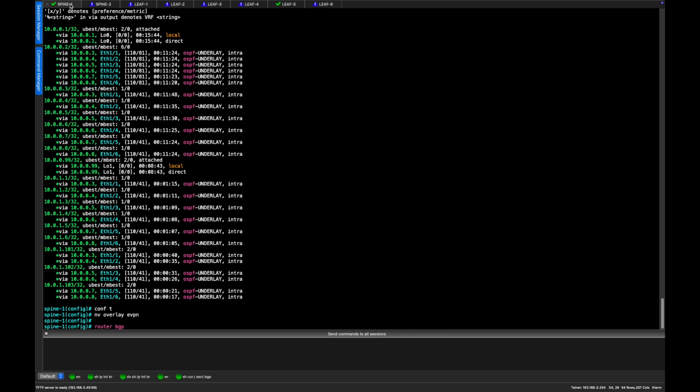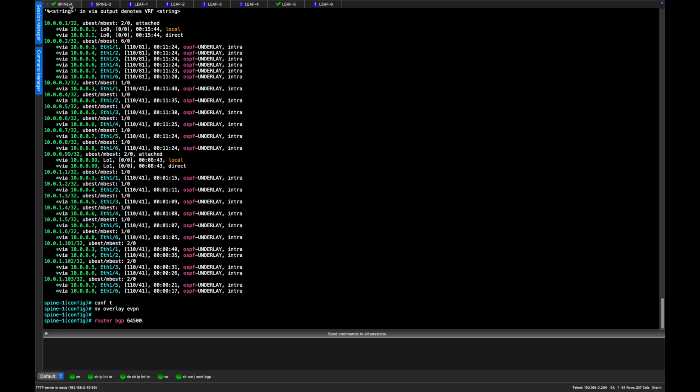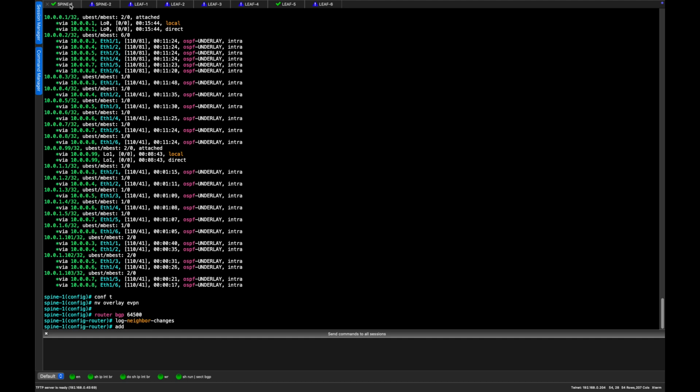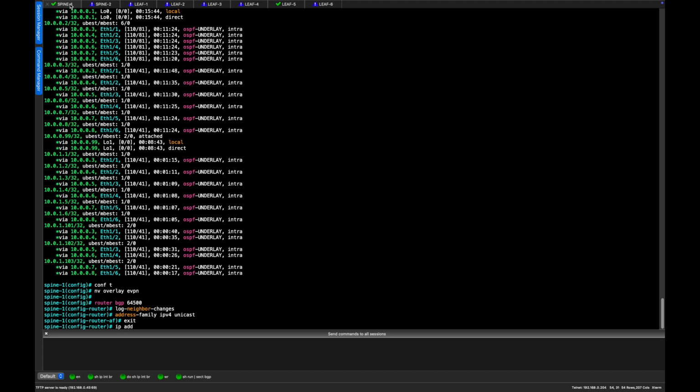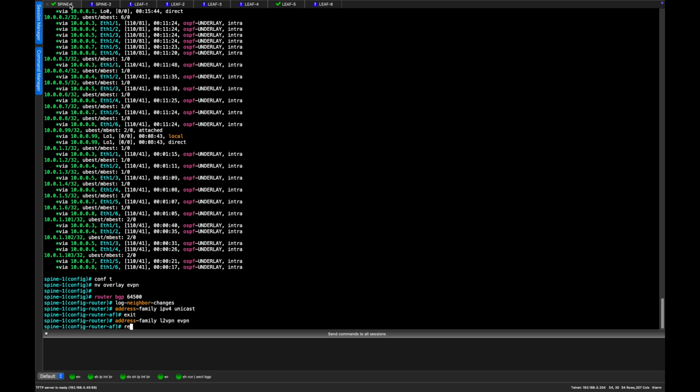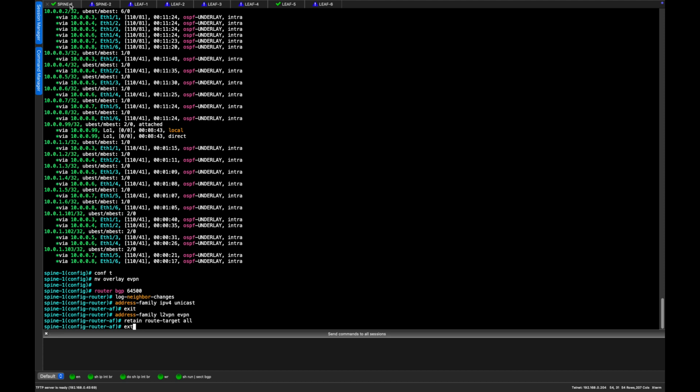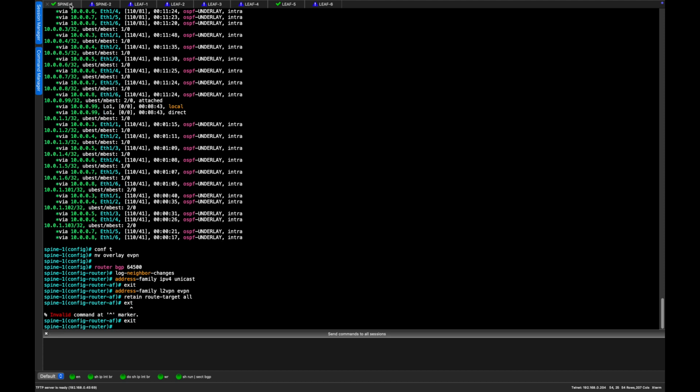So router BGP will use the autonomous system of 64500. We'll log neighbor changes, because why not? We'll come into the address family of IPv4 unicast to remove that. Address family L2VPN EVPN. And we'll say we want to retain route target all. Exit. And then, right, because there's so many peerings, what we'll do is we'll create a peering